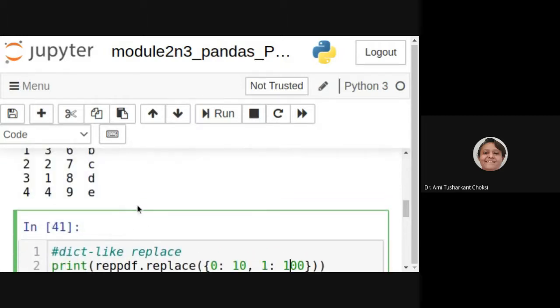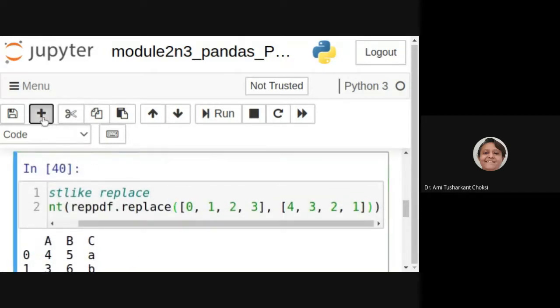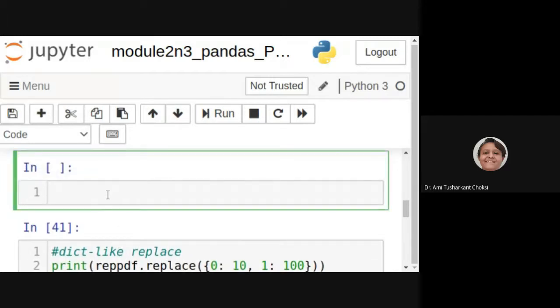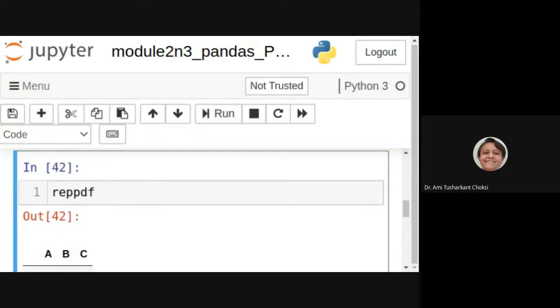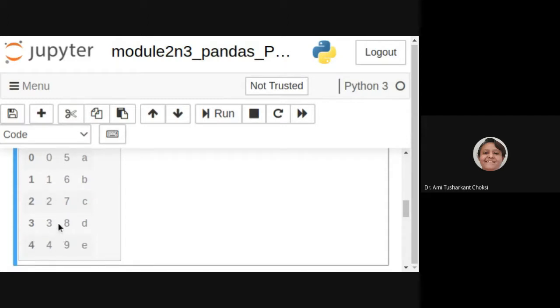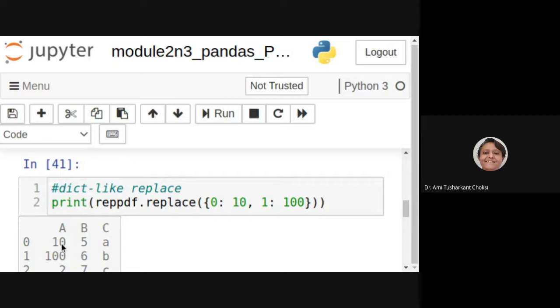Let us print the original data frame so we can have the idea. What is it? REP DF. Right? 0, 1, 2, 3. This way, the values are there in A column. Now, what we are getting is 10, 100.